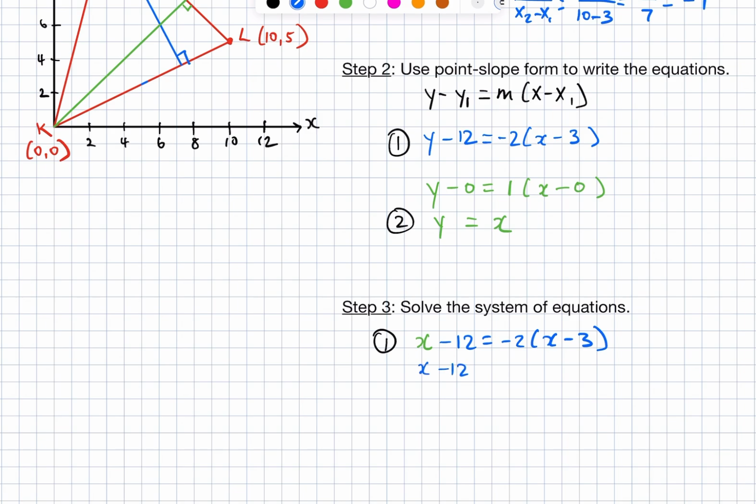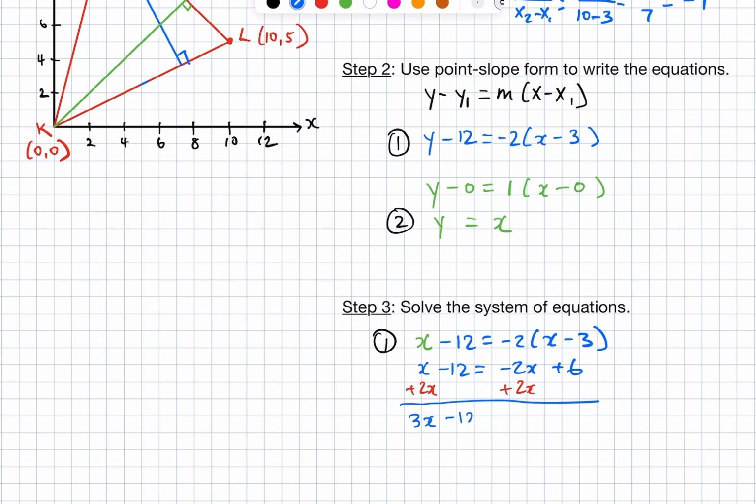X minus 12 is equal to negative 2x plus 6. Okay, how did I get that? We have to distribute negative 2 to the x, so this is negative 2 times x, and that's what we get here. And then distribute negative 2 to the negative 3, so negative 2 times negative 3 gives us a positive 6. Okay, next thing I want to do is move this negative 2x over to this side of the equation, and we do that by adding 2x to both sides, and this results in